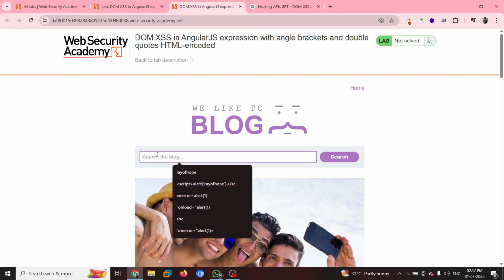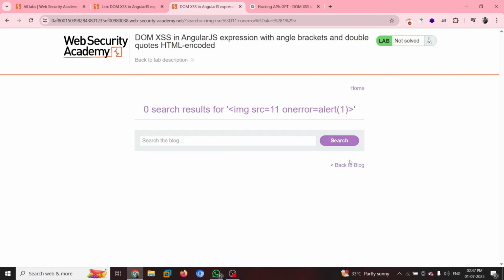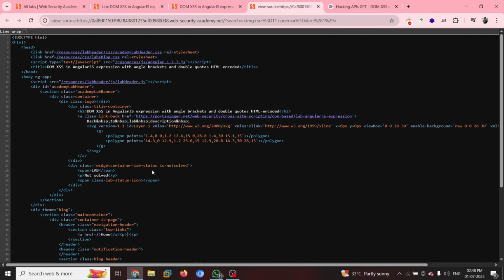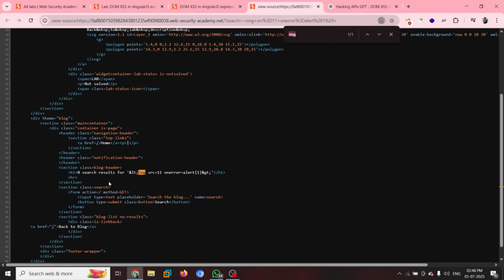Let's consider if I use an image tag randomly, with a source that is not a right source, so that it will hit the alert function. If I do a search, what am I going to get? Nothing. I just got 0 results for it. But I want to know why it happens, so I'm going to look over the source code and then put the image tag. Okay, this is where the tag is.